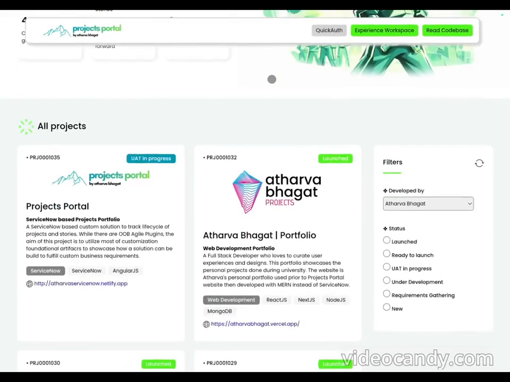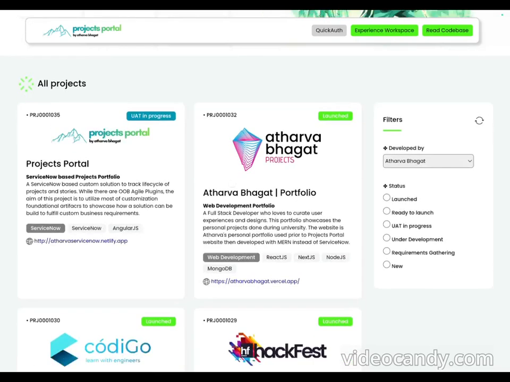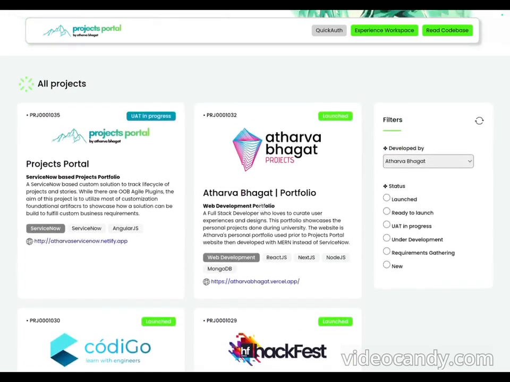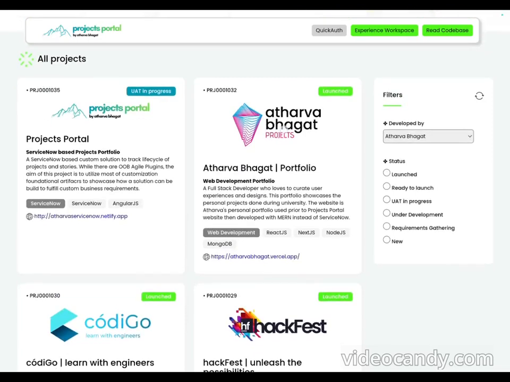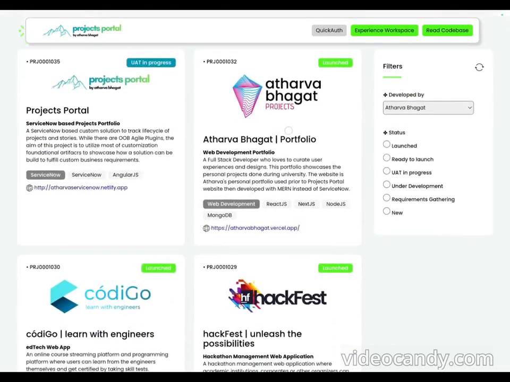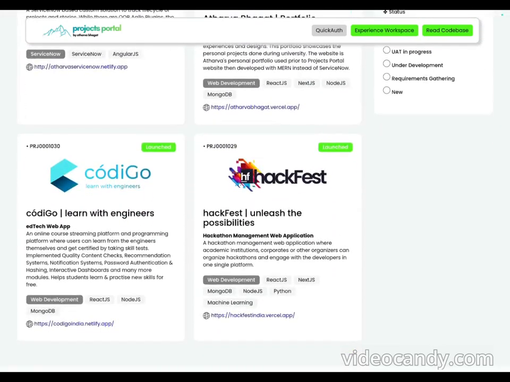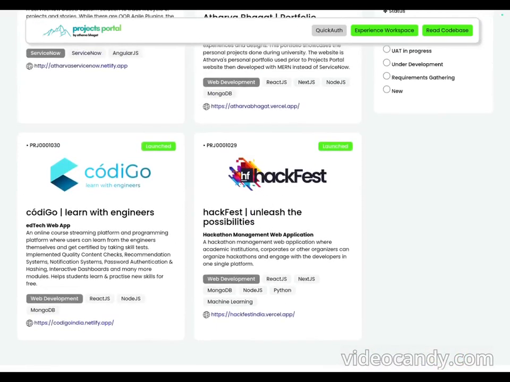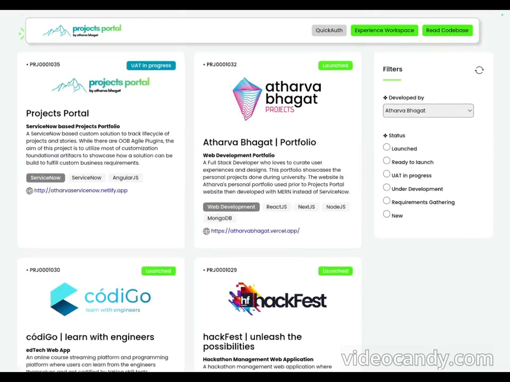Okay, so coming to these options of login, one is a quick auth. Quick auth is just a login to show these images. I was already logged in, so these images are already visible. But if you just come to my project, you might not see these images at first. So by doing a quick auth, you will be able to see the images, as these are in the attachments table, which is not accessible by the public users. Then there is experience workspace,